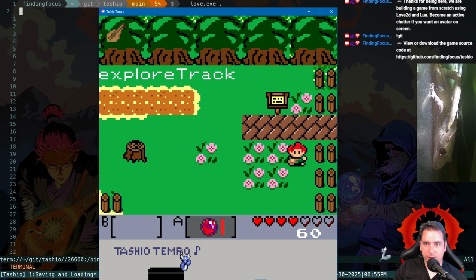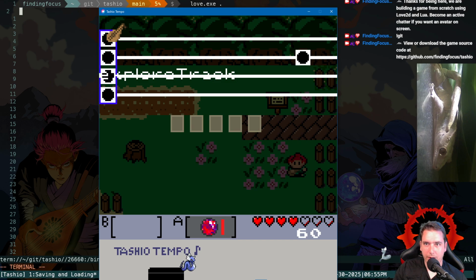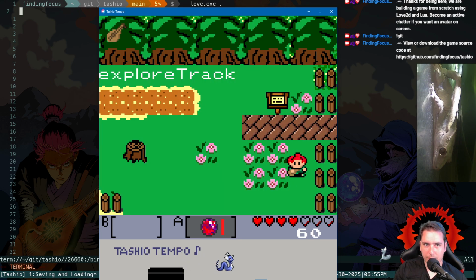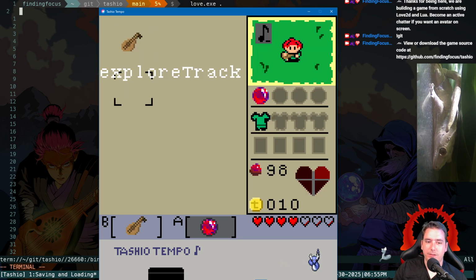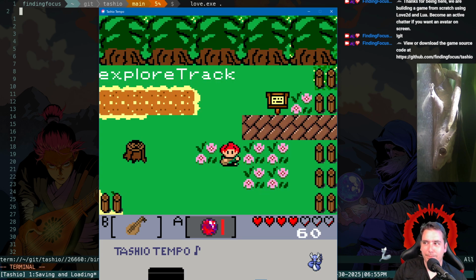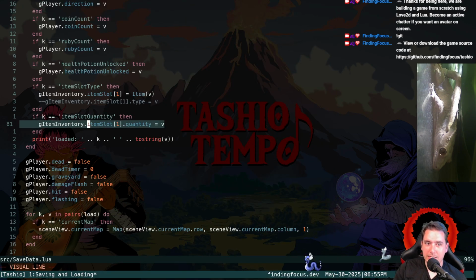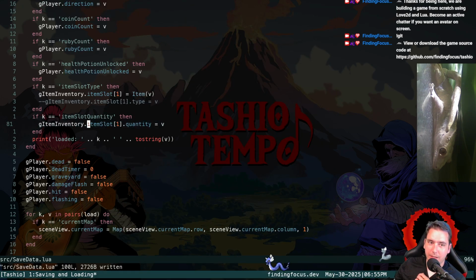It's equipped on the render and functionality wise. It's just not showing up in our key item inventory. Oh, dude. Okay, well, I mean, that's half good. It did load the previous thing that was equipped, but